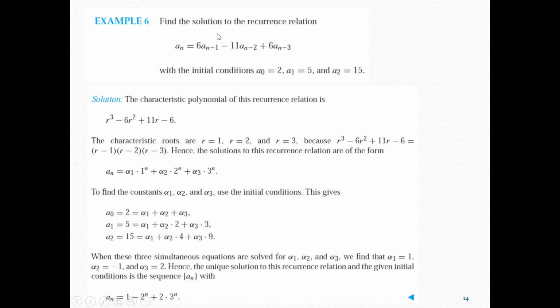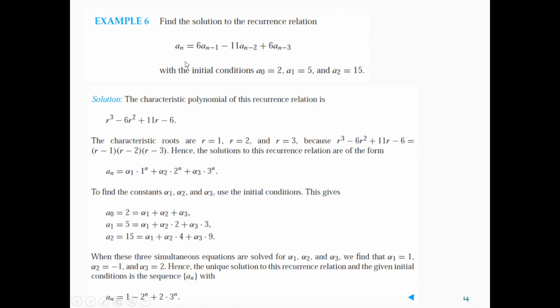Find the solution to the recurrence relation. Now we have a relation of degree 3 and this is homogeneous and conditions are given. a0 is 2, a1 is 5 and a2 is 15. So in order to solve this we need the